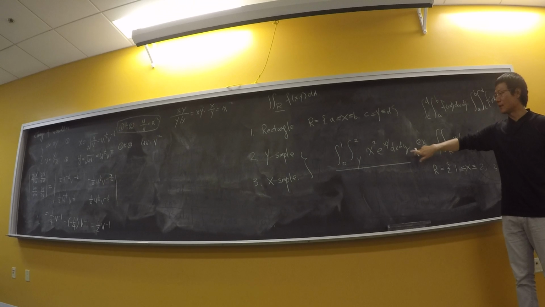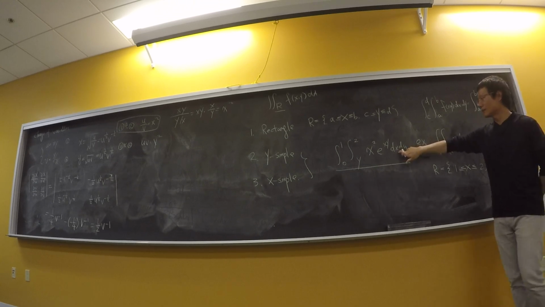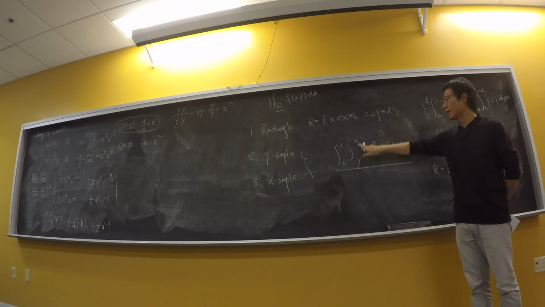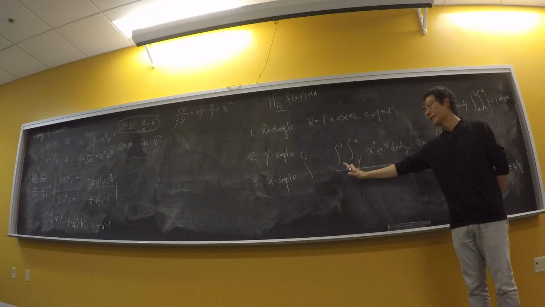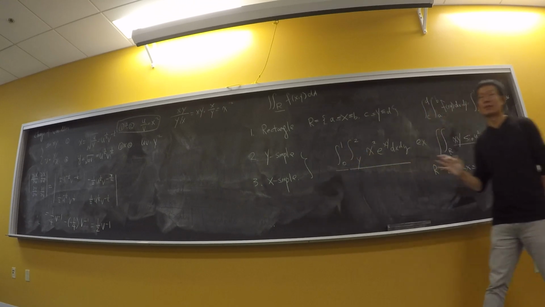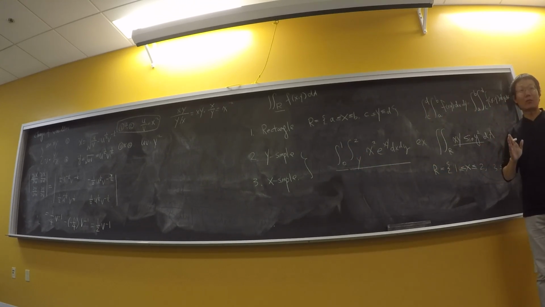Immediately you know this is an x simple region. So x is bounded by a left function and a right function. y is bounded between two numbers right here. So this is an x simple region. So for any double integral or triple integral you're given, you can begin your evaluation right after this. So you look at this, you identify